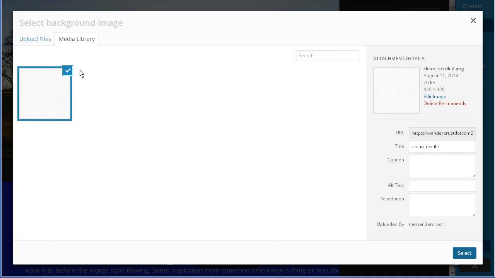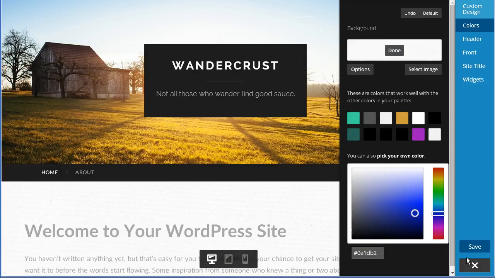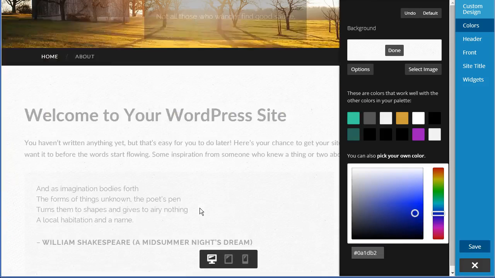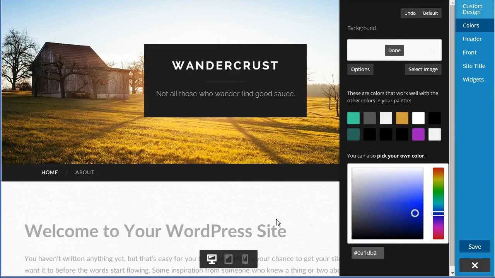So now I have this saved in here for future use. That's perfect. So I'm going to select this, and even though it doesn't look very different, you can see it has a very subtle kind of texture here used as a background, which if you like the subtle texture look, if you want something